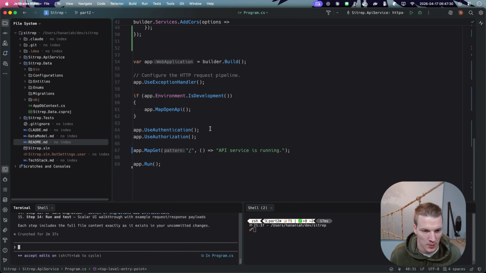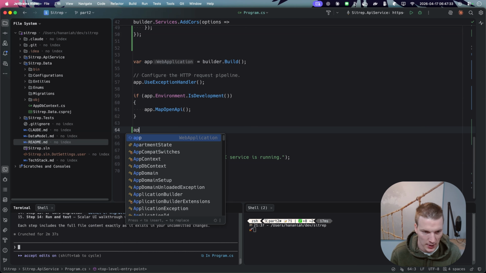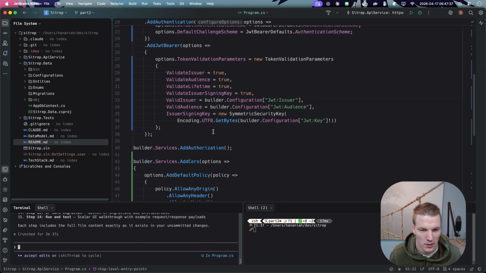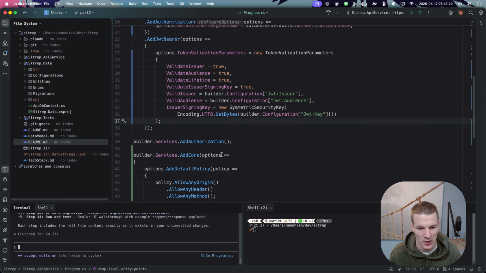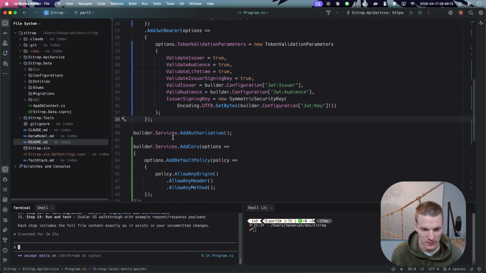And that means we need to come down here and also do app.use CORS. Okay. The other thing is that there's a couple of options that we can do for our endpoints. We can use minimal APIs. We could use controllers. I'm not against either one of those things, but I don't really like the minimal endpoints. It just feels like there's a lack of organization, and I don't know, it just doesn't vibe with me very